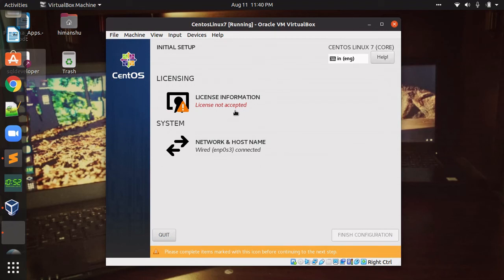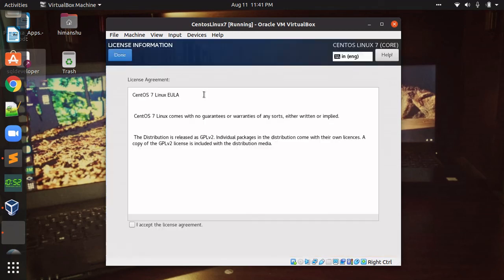Now it will take you to an initial setup screen. We have to just accept the license. This is a general public license, so it can be used by anyone. We can just select accept and click on done.